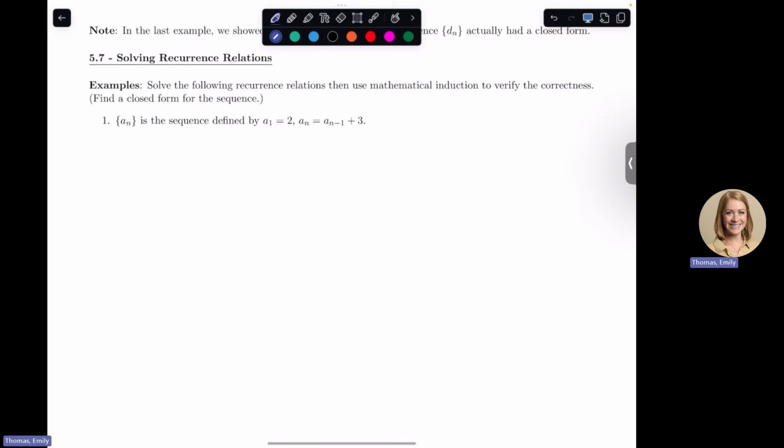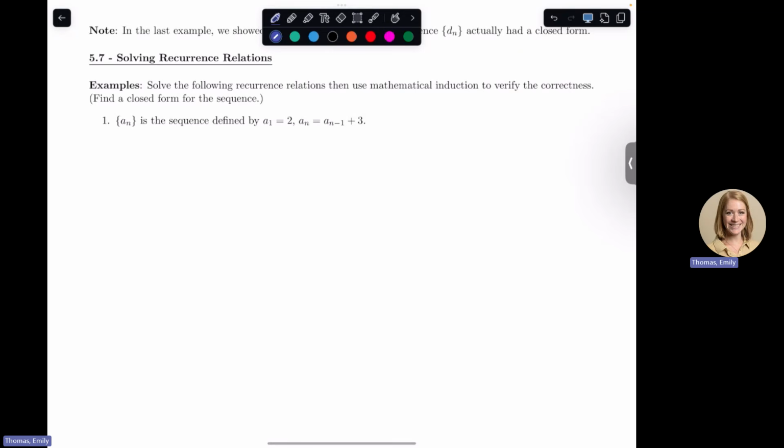So you did this on your homework. You did this on your last homework. I gave you a sequence and you came up with the closed form of it. It wasn't defined recursively, but you did take a sequence and come up with the closed form of it. So we're going to do the same thing now,